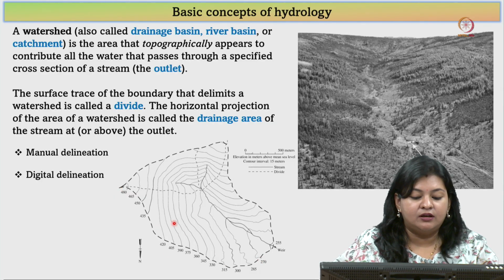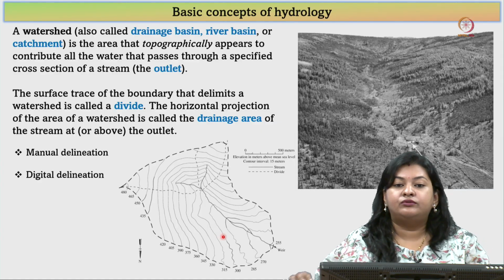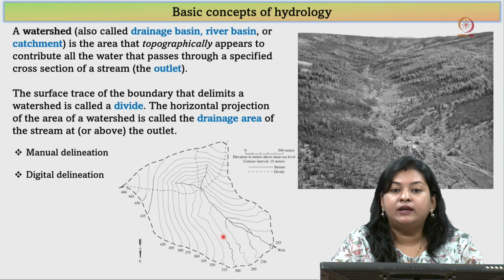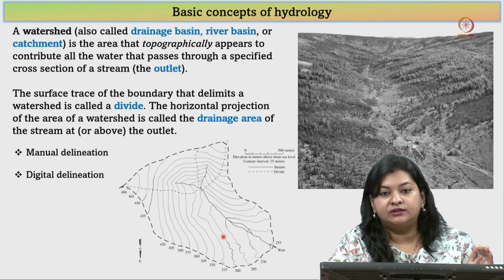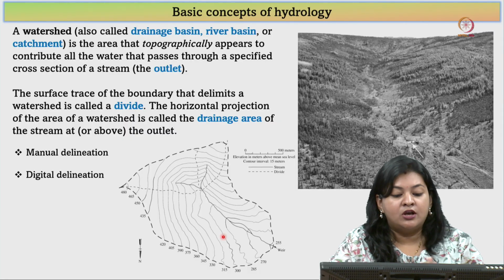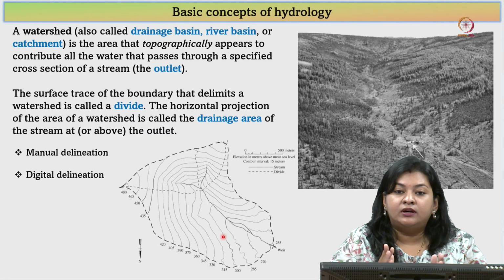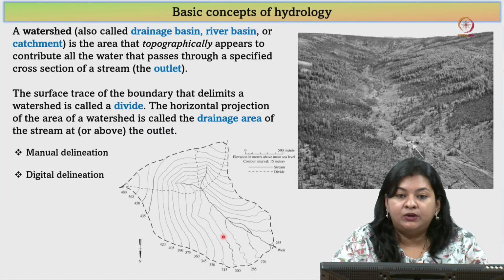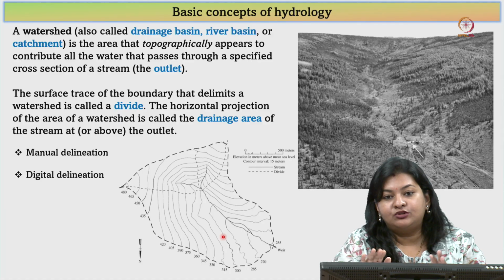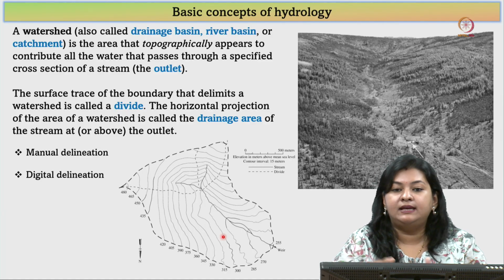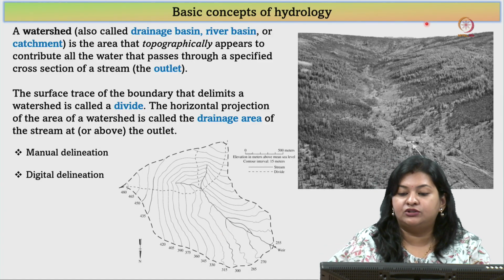contour line map, and as you can see there are numbers mentioned here, and those numbers are meters above the sea level. So, of course, I think you all must know that water flows from a high slope to a lower slope, that is from a high altitude to a lower altitude. So, naturally the water that gets accumulated is flowing in a valley. So, there must be a lower valley, and there have to be slopes all across the valley, as you can see in this particular picture here,